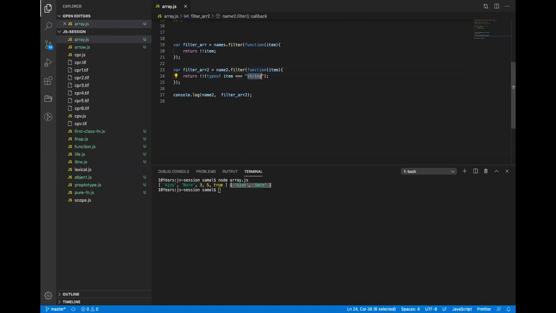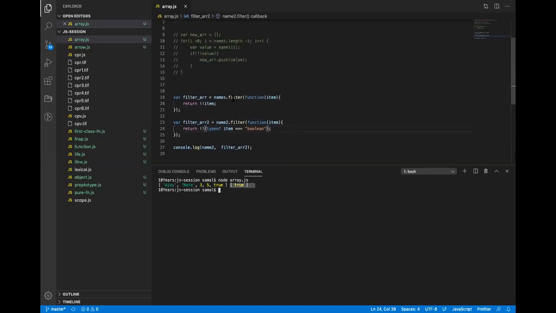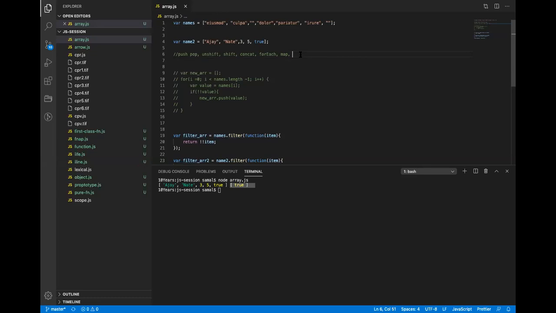Same way, you can do a number also. It will then only print out the numbers. You can do boolean also. Then it will only filter out the boolean values, right? So this is one method which again we very heavily use in JavaScript arrays. All right, push, pop, I will remove this part. It's good to know this, but not really use it. forEach, map and filter.